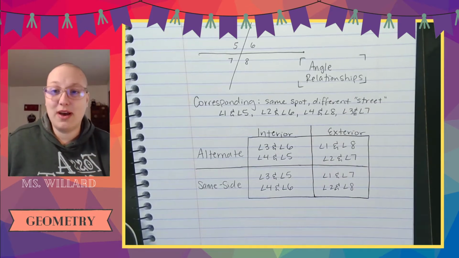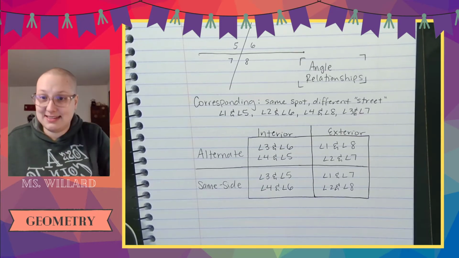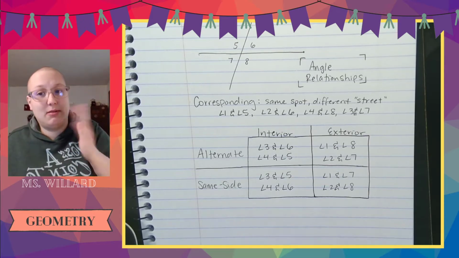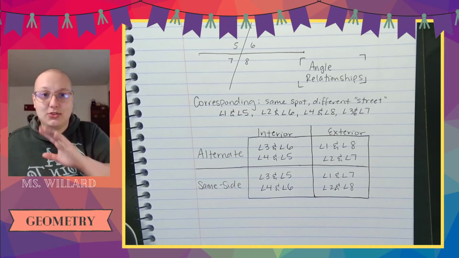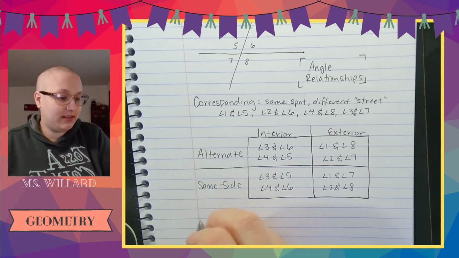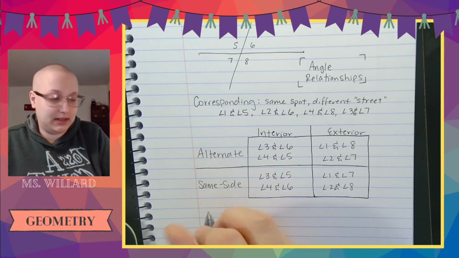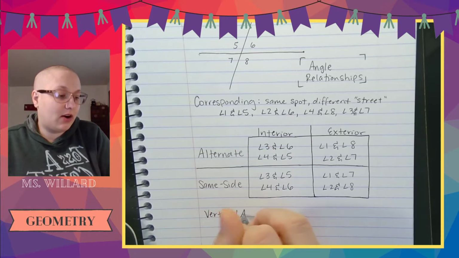The whole point of this is that next lesson, we're going to tell you which of these add up to 180 and which of them are congruent if they're parallel lines, parallel streets. Right now they're not parallel, so there's no relationship. The only thing that is absolutely congruent when they're not parallel are vertical angles, which we've already learned